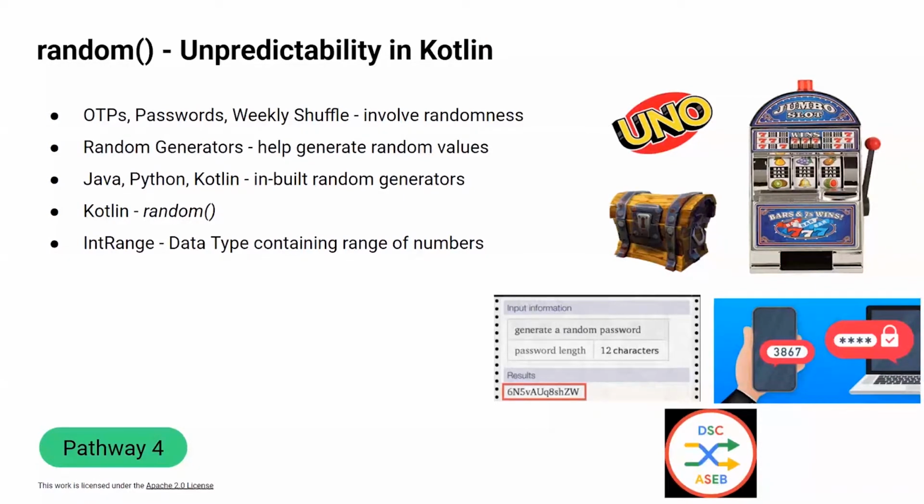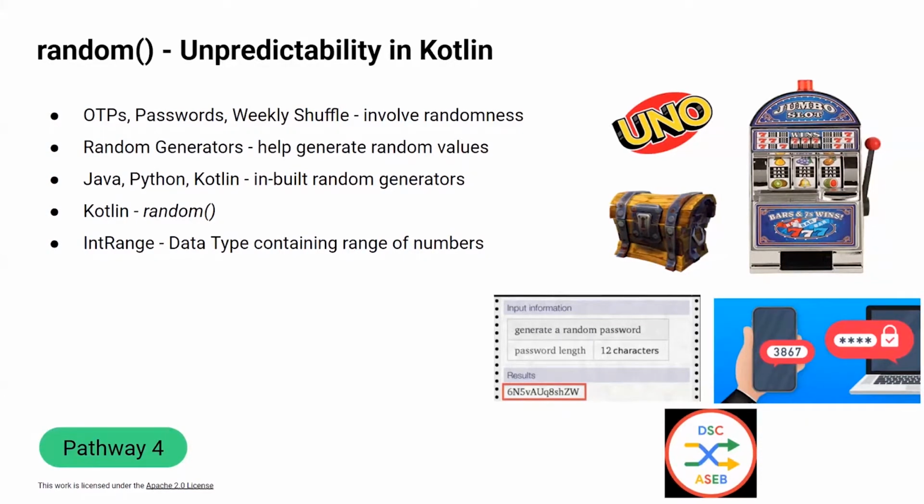Even the weekly shuffle that's going on right now involves randomness, in that the pairs that get selected, how the students are paired up, it's random, right? As you can imagine, we need a way to generate random values in the program. Like if an app has to send out an OTP, it has to generate a random number in the code. In a similar vein, the string I talked about that gets randomly generated to store a password also needs to be generated in the program. So how is it done? How are programs able to generate random values whenever required? And in 99% of the cases, it doesn't repeat again.